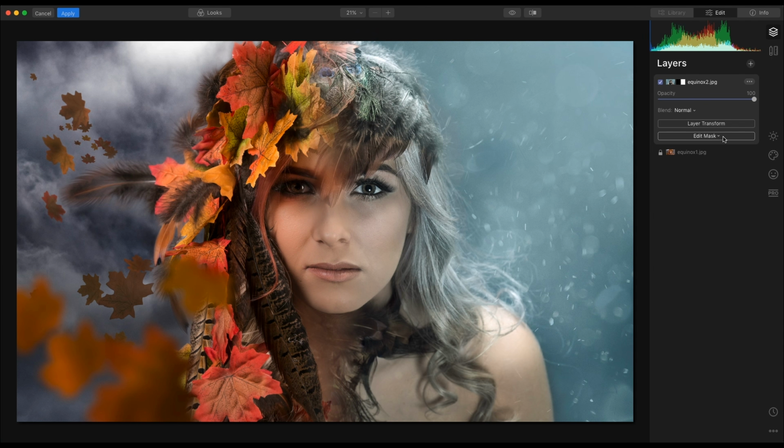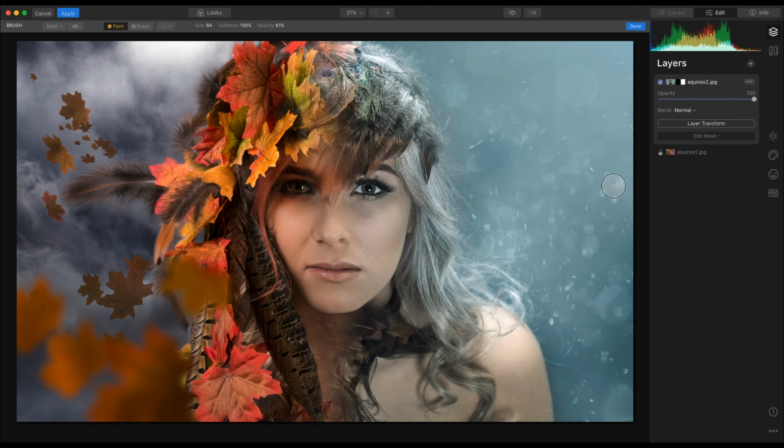Next thing, click Edit Mask and then Edit Mask Brush, and we are going to paint in with an opacity of 100. So if I paint in here, just to around there, I'm going to paint in here, but I'm going to paint the opacity down because we're looking for a natural blend with this. So if I do that there and I take the opacity down again, we get a nice blend